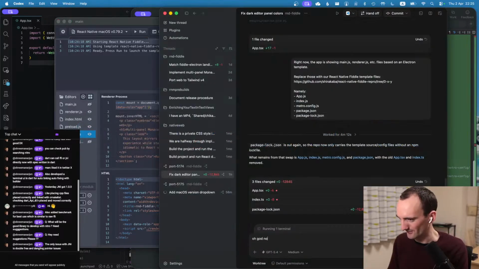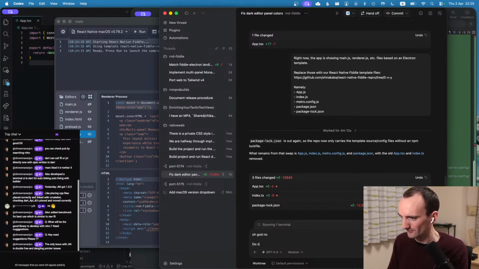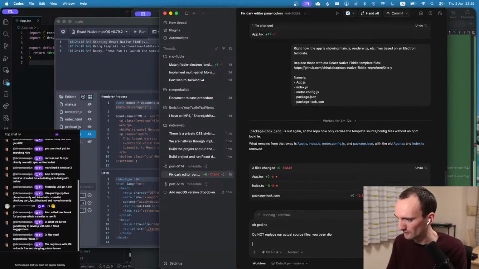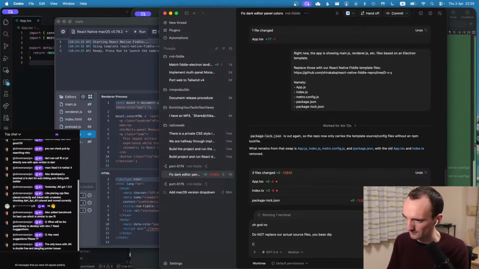Oh god, no. Do not replace our actual source files, you bean dip. Replace the sample files that we show in the editor panes with ones from